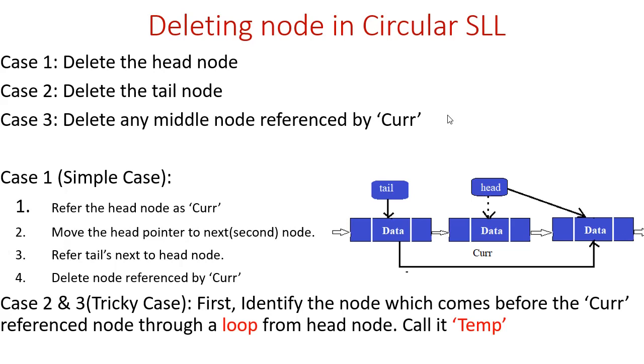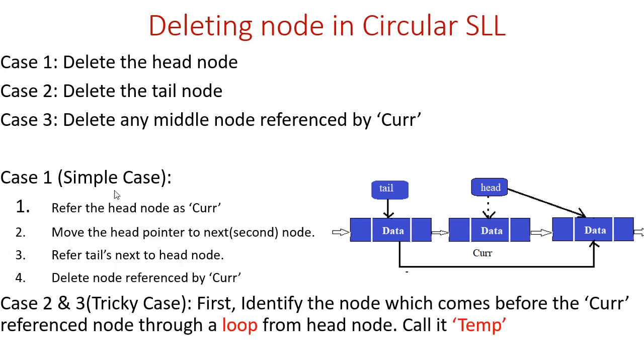So I have to run a loop from the head node until the third node, or I might say delete the node with a given data value. For example, delete the node which has a data value of, say, 20. Starting from the head node, I will search for a node whose value happens to be 20, and I will reference that node as cur. Once I reach this cur node, I need to remove that particular node.